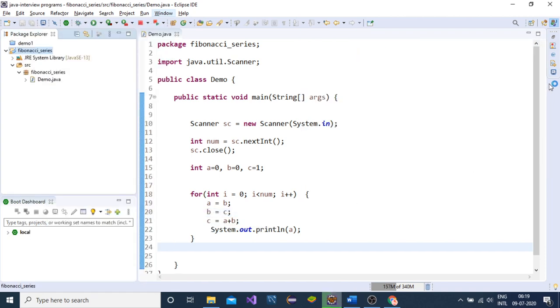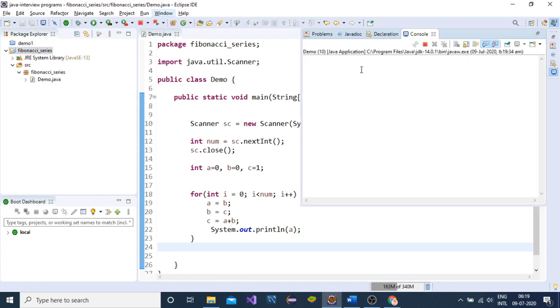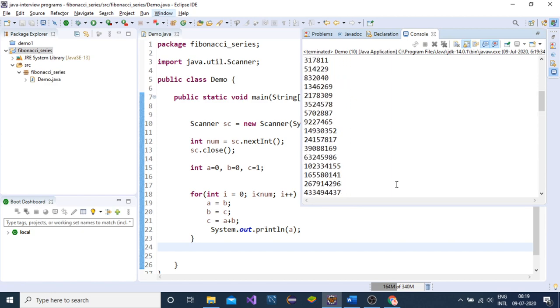Now I want to print it till 100 times. See, this is our Fibonacci series, but why is it happening? I think it is due to out of range.